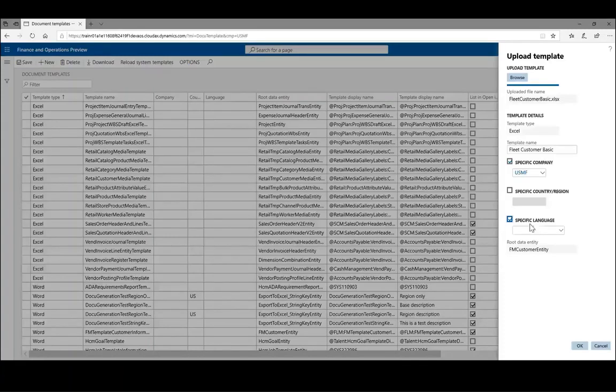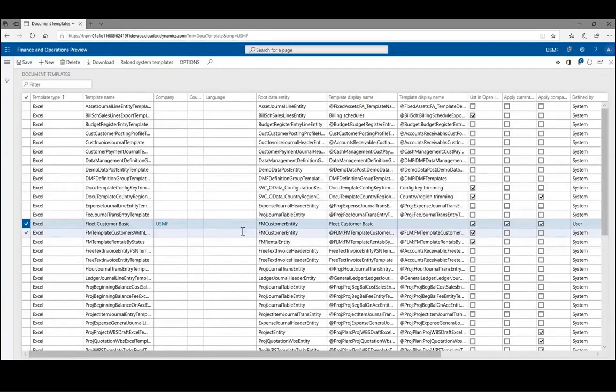Now this template is added to the document templates list. Okay, so it has some information about the company eligible or not. So now I'm in USMF. I close this form,